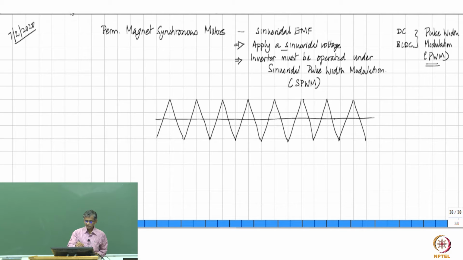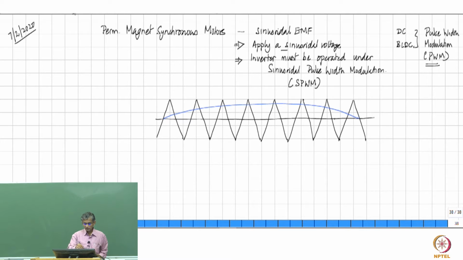What one does is then have a reference sinusoidal waveform. I mean, somewhere you will have to have a way of indicating what is the sinusoid you want to reproduce at the inverter output, and therefore you need a reference for that sinusoid. So, you take that reference for the sinusoid and make a comparison with this waveform,